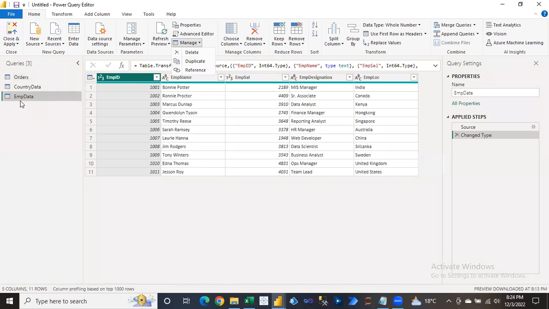Duplicate means if I want to create a copy of any query, for example the employee data which I have, I just want to create one more copy and rename it, for example like the Australia data or EMP data one, something like that. So I will select this EMP data first, then click on this manage and click on duplicate. Once I click on duplicate, you can see one copy has been generated